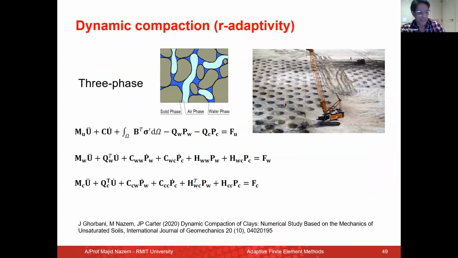Okay, and the last application is about dynamic compaction using R-adaptivity. Now, dynamic compaction is a method used for improving the load-bearing capacity of soil, for instance, for building a new harbor. Relatively big and heavy weights, or pounders, if you like, are lifted, and then they are dropped onto the soil,